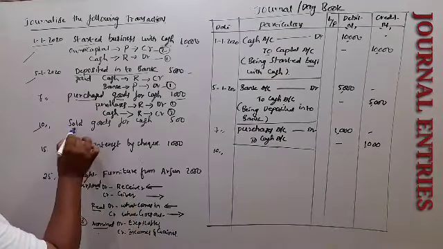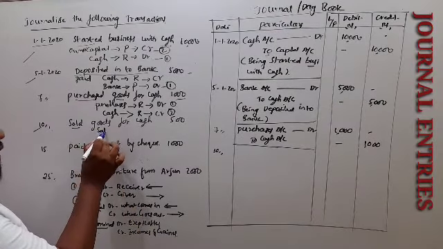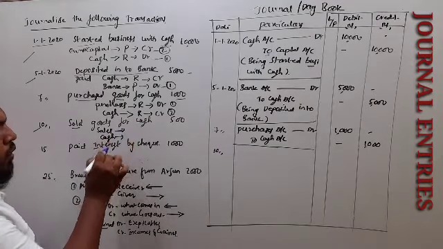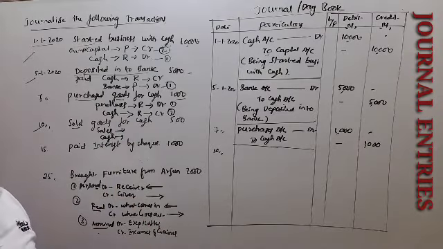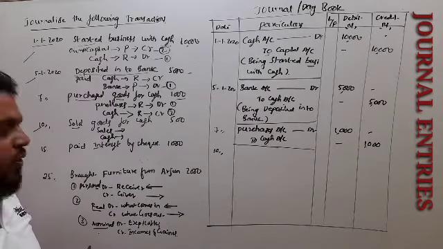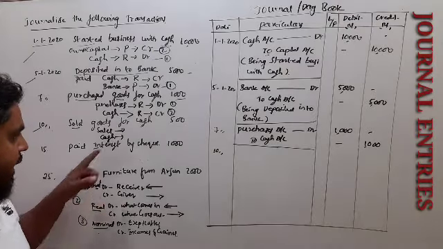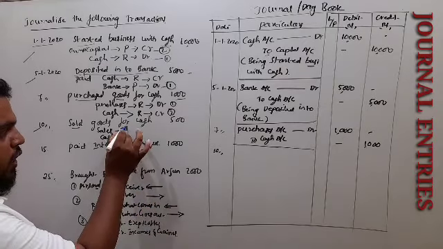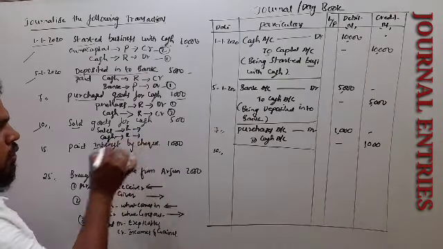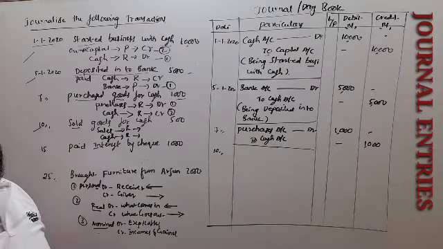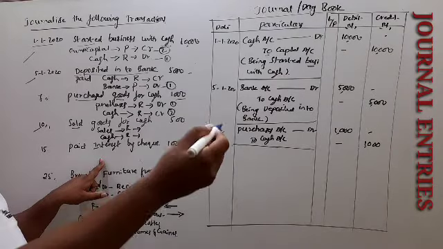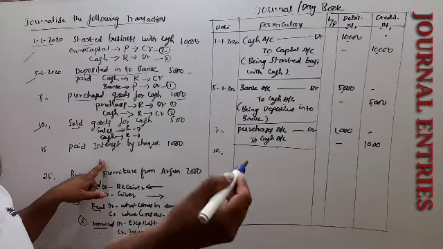So two accounts are involved. Sold means sales and cash. Supplied goods for cash. Sales goods comes under a real account, and even cash also comes under a real account. Both sales and cash come under a real account. Now what we have to find out? We have to find out debit and credit. So sales means goods will go out of the business.